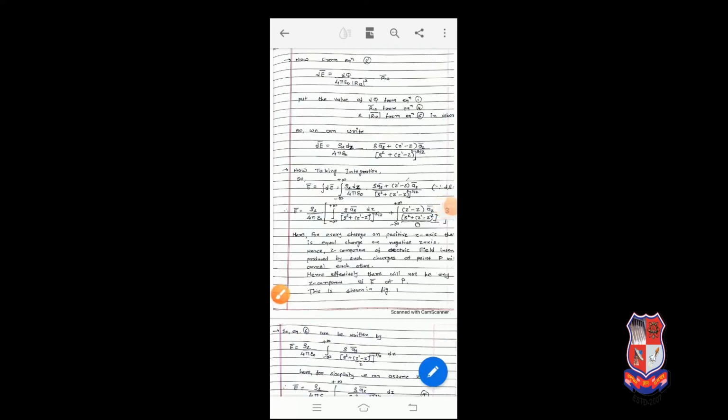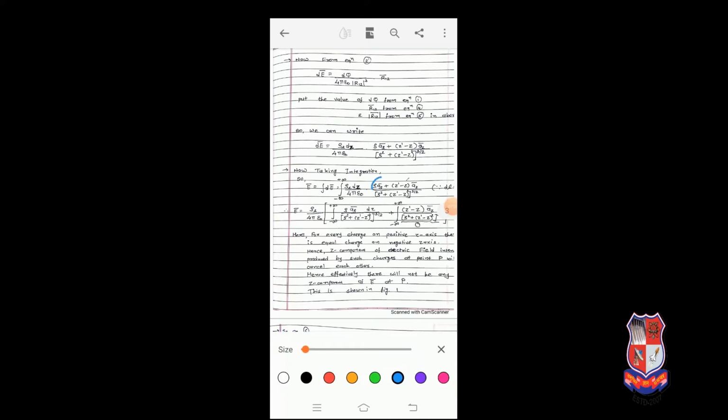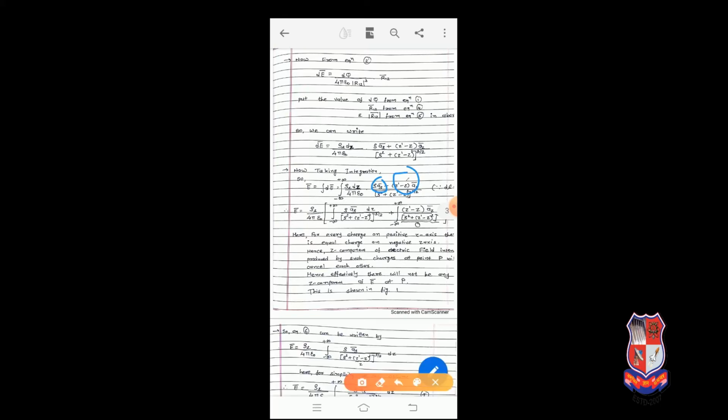Now we separate both the terms, rho a rho and z dash minus z az. So we can write the equation vector E is equal to the constant term rho l divided by 4 pi epsilon 0, and for the two terms, the first term is integration from minus infinite to plus infinite rho a rho dz divided by rho square plus z dash minus z whole square raised to 3 by 2, plus the second term, integration from minus infinite to infinite z dash minus z into az divided by rho square plus z dash minus z whole square raised to 3 by 2.